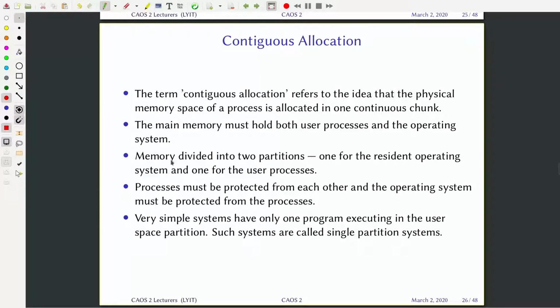So the idea is pretty straightforward. You have this phrase contiguous, where the word contiguous means touching. So it's very simple. When you put a process into main memory, you allocate to that process the memory that it requires in one continuous chunk. Okay, so the main memory then must hold the user processes in whatever number they exist, and also the kernel of the operating system. So you have one partition for the operating system, the kernel, and then another for the